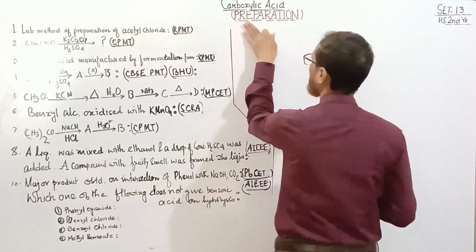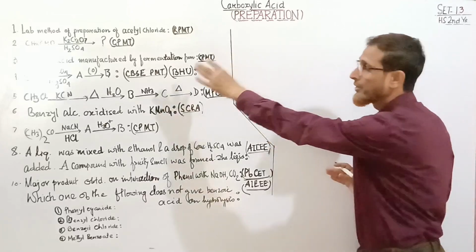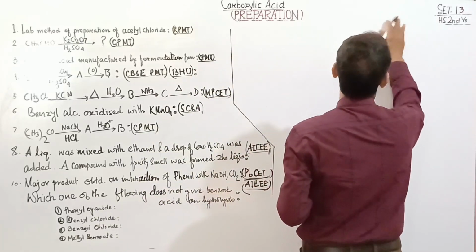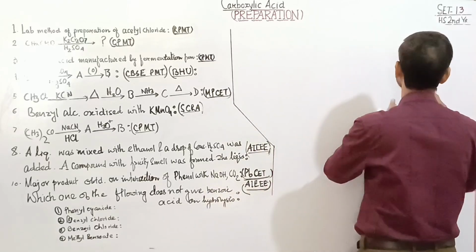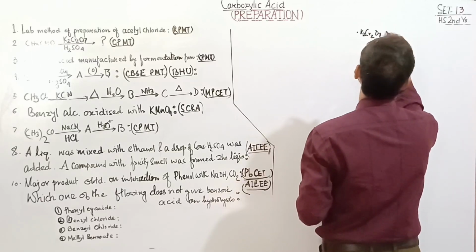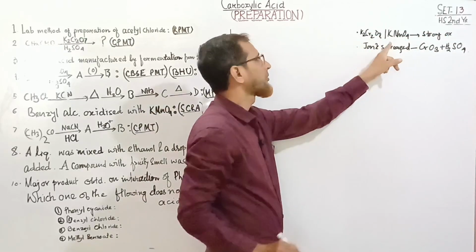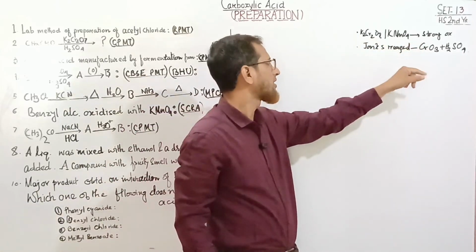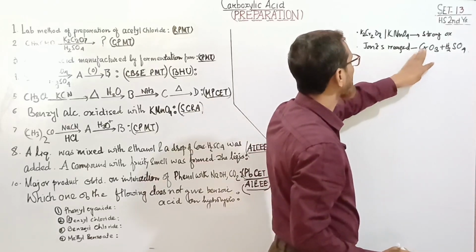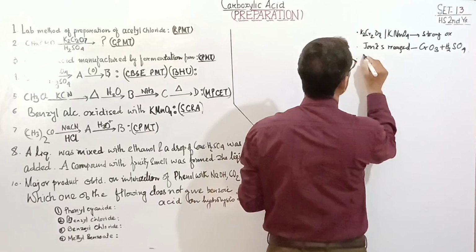So preparation. Before starting preparation, let me just remind you of some of the facts so that you can go on solving this within a minute or seconds. First of all, K2Cr2O7 and KMnO4 are strong oxidizing agents, and Jones reagent is very famous, you should know. Chromium trioxide CrO3 plus sulfuric acid is also an oxidizing agent, and another is